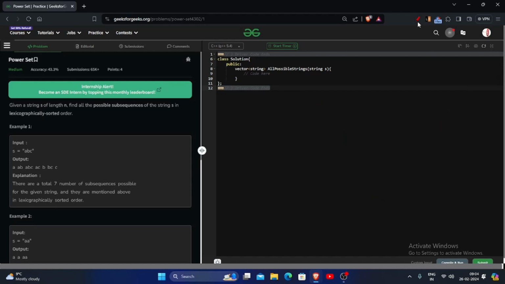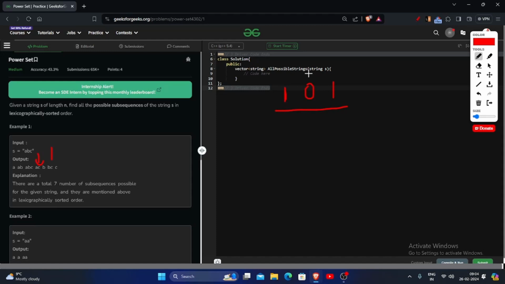I will take one last example. Let's check how this will generate AC. AC would be fine. This means A, I will be taking this. I'm not including B. I need 101. That means I need 5. So sometimes my mask would be 5, and I will be checking 1 left by 0. If you do mask 101 AND 001, what will we get? We will get 001 because this bit is set,